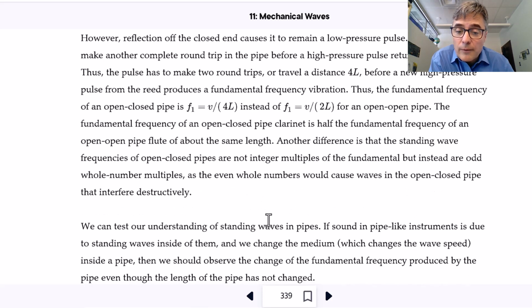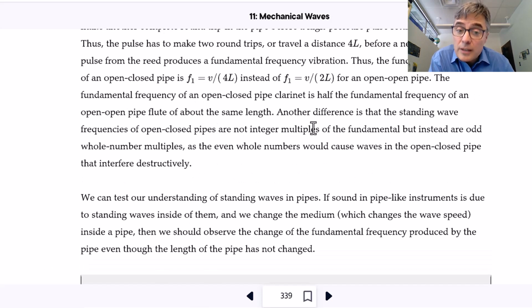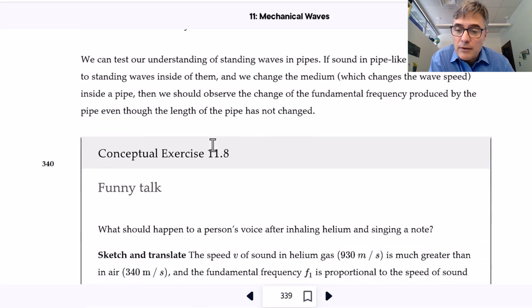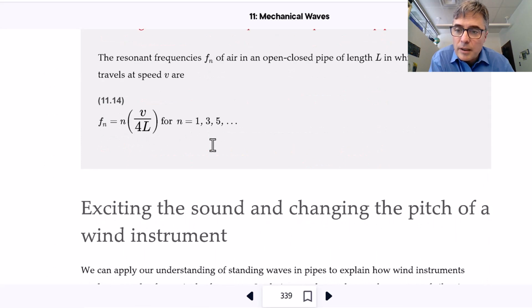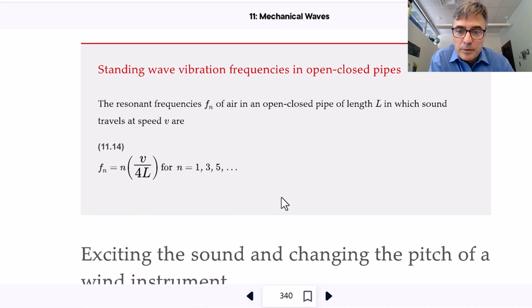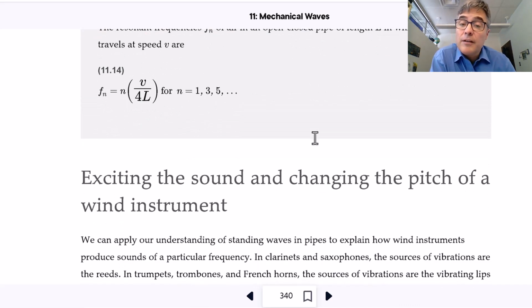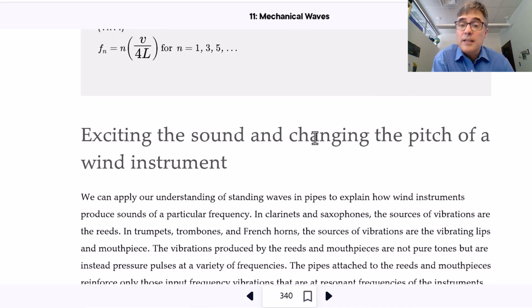It's v over 4L. And the other interesting thing is that the frequencies of the open-closed pipes are not integer multiples, but instead are odd whole number multiples. So you only get 3 times the fundamental frequency, 5, 7, etc. And there's an example of that. But here it is. So fn is the frequencies of the open-closed pipe. It's n times v over 4L, so they're all half as much, but you skip all the even multiples, even harmonics. So standing waves in a pipe is what I guess we call that resonates and amplifies the